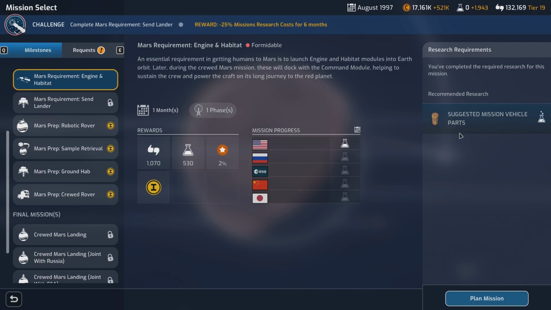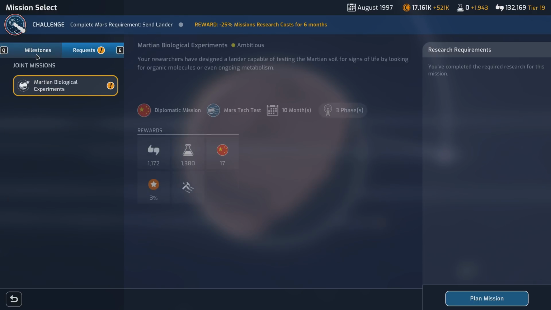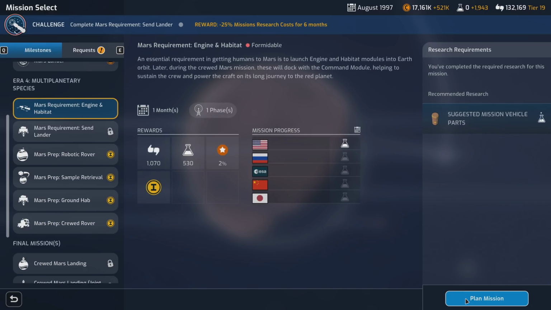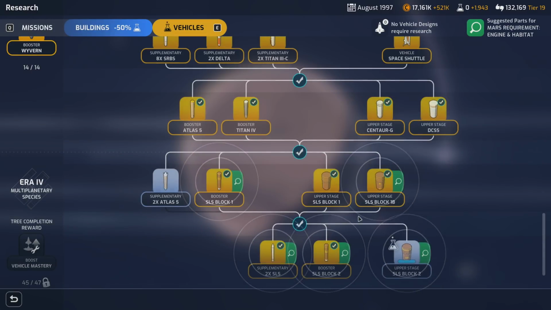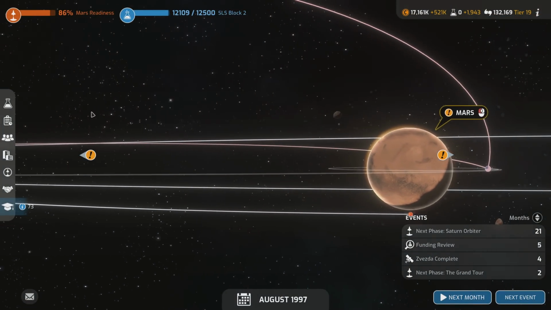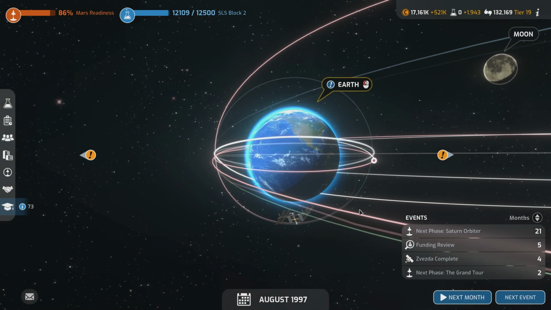Also, I thought this one was planned. Okay. I'm confusing the ground HAB with the engine habitat. Engine and habitat. So this one's not planned yet, because we're waiting on SRS Block 2. I mean, I didn't need to wait for it, but I did. Okay, I'm going to leave...